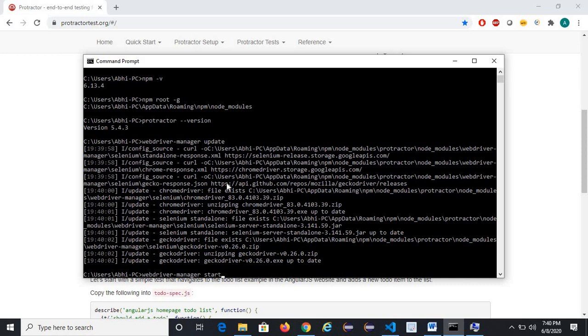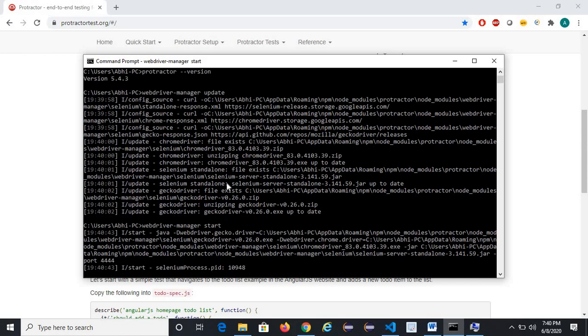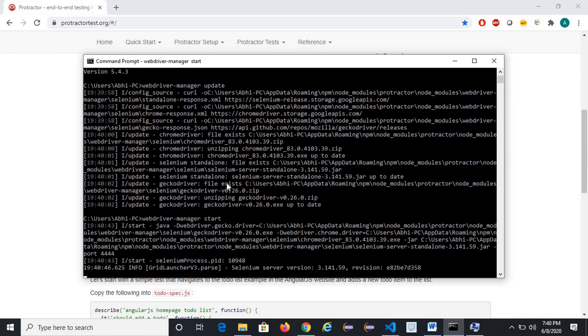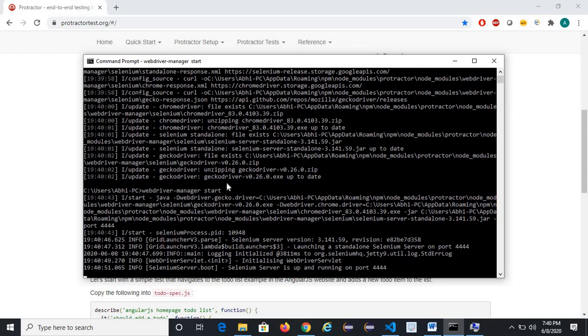It will start the Selenium server, and it will show the message that Selenium server is up. It will take a few minutes, so it is initializing. And then you see the message that Selenium server is up and running on port 4444.